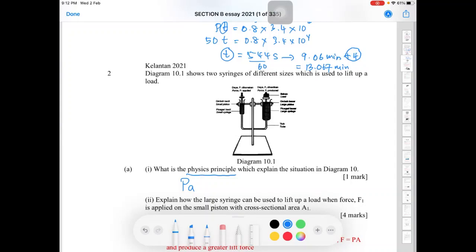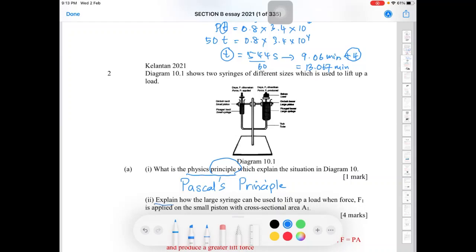Macam nama saya Wan Rohani, so mesti huruf besar W. So sama untuk saintis. So Pascal is a scientist, so nama dia mesti huruf besar, PASCAL's principle. Okay, so nama pun nak principle, tapi mestilah ada principle. Okay. Next,